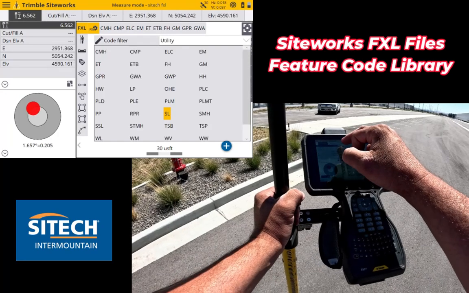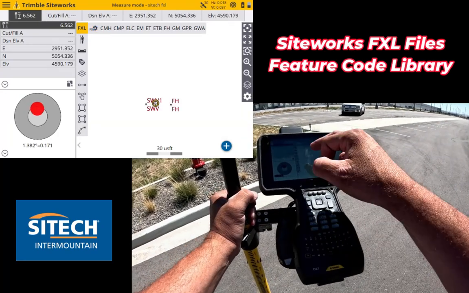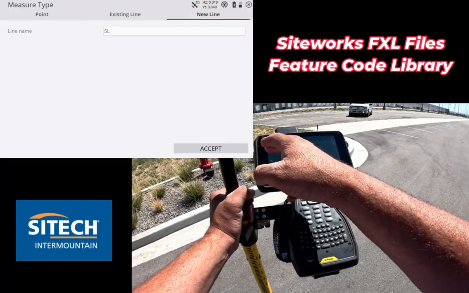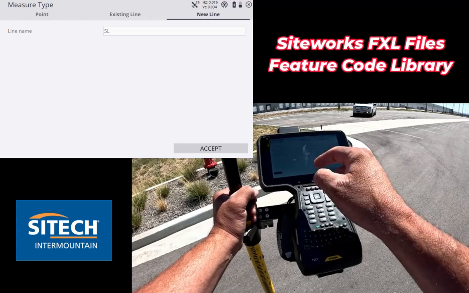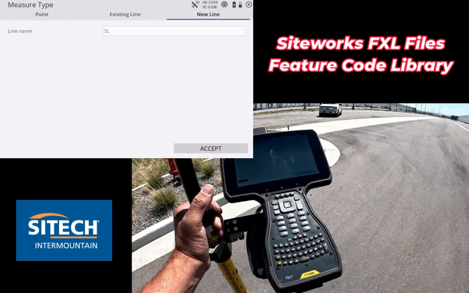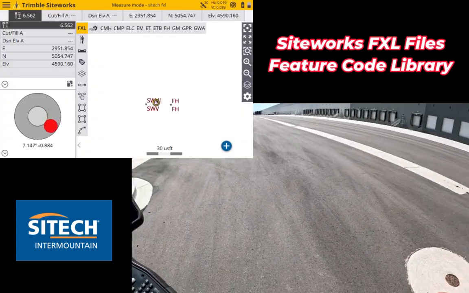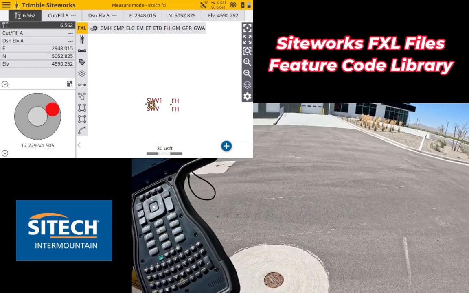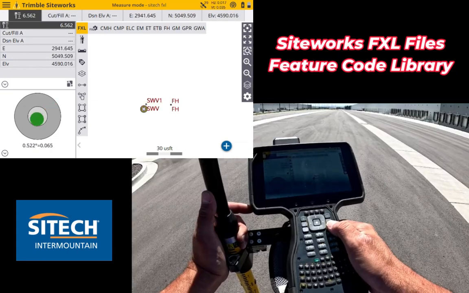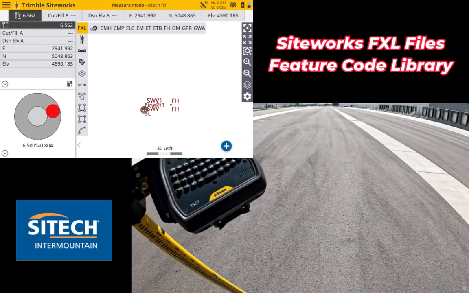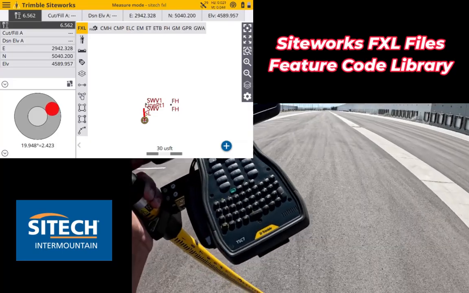Now, as I come out of that, double tap on that, I can go in here to the new line, and it already just defaults me there to a line type, sewer line. So it's kind of using what's already there. And that's where you could go out here and find your sewer lines and take the shots. So even though I don't have a sewer line right here, this video is just to show you what's going on. So I can take a line string,